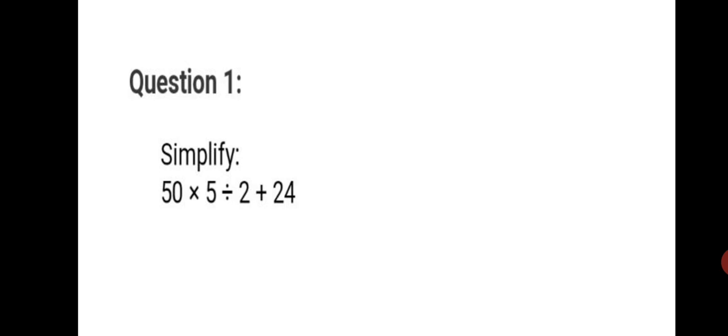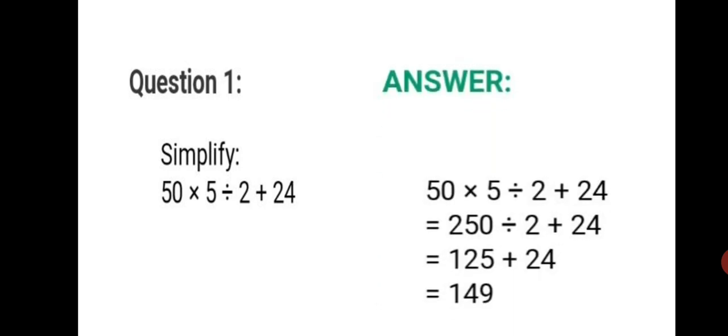So, we follow the rules. Multiplication and division first in the order in which they appear from left to right. So, we can see multiplication first. So, 50 into 5. 5 5s are 25 and 1 0, 250. Okay, let's see the solution. 50 into 5 gives you 250. And the remaining part of the expression you copy down as it is in the first step, because at a time we are going to solve only one part of the expression. So divide by 2 plus 24 you write as it is.